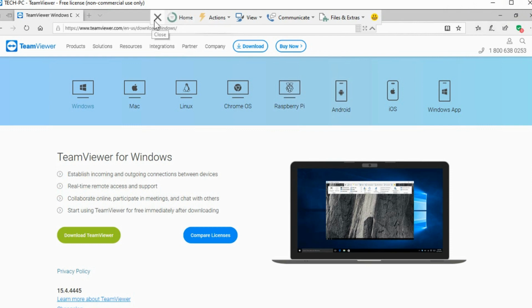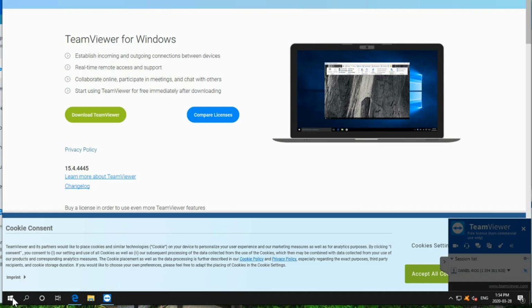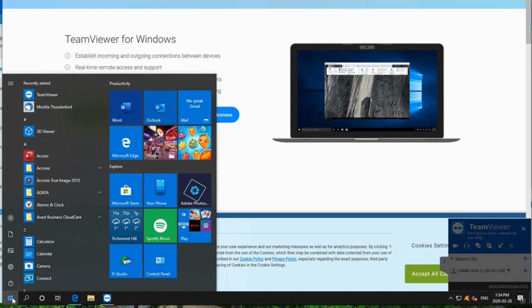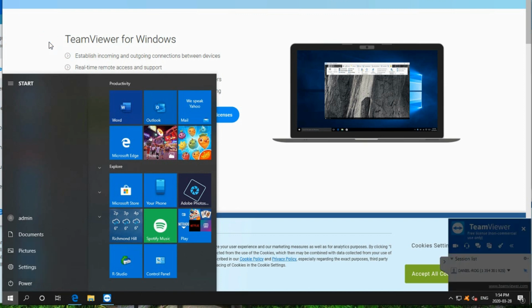There are other options up here, including to close the session straight from here. And you can go through these options and see what else you're capable of doing, such as telling the computer to reboot or sending the Control-Alt-Delete option. But really, if you want to reboot the computer, you've got full access to the Start menu, where you can then hit the power button and restart the computer just like you would as though you were sitting in front of it.